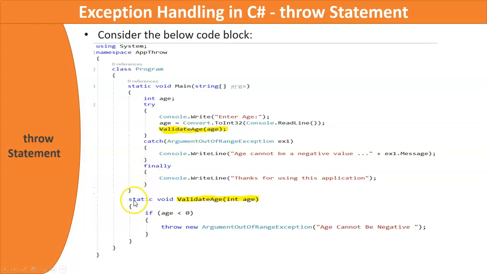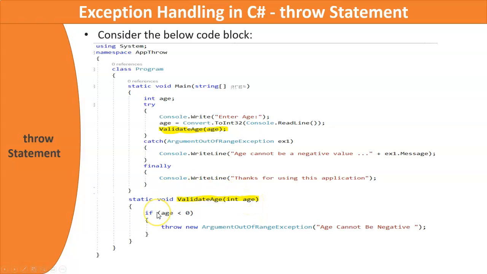You can see here there is another method defined as ValidateAge, and this method is accepting an integer parameter. So from this calling statement, ValidateAge(age), you know that the value of age which is read over here is passed into the user-defined method ValidateAge, and this parameter receives that age.